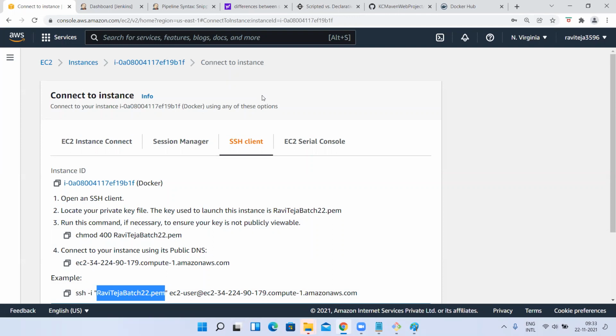Take this as an assignment. I'll explain how to set a password for EC2-user. So far we are always connecting with a PEM file only. In real time we will not connect with a PEM file. I said this already. We'll connect with username and password only. So how to set username and password for EC2-user? Take this as an assignment and come for tomorrow's class.